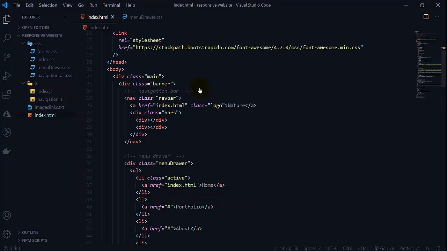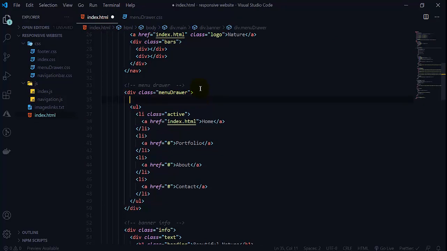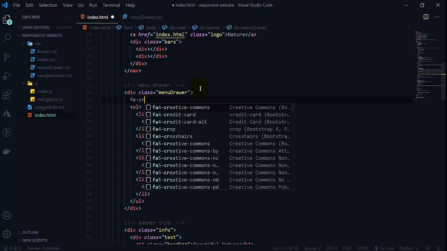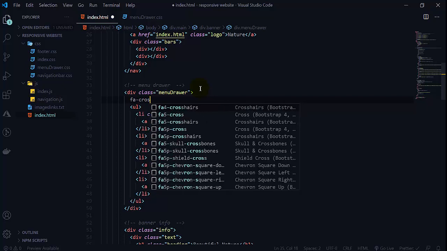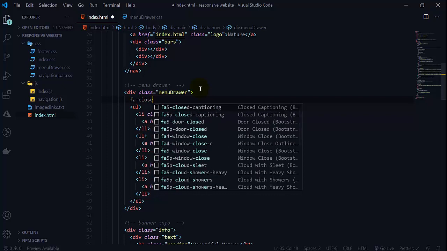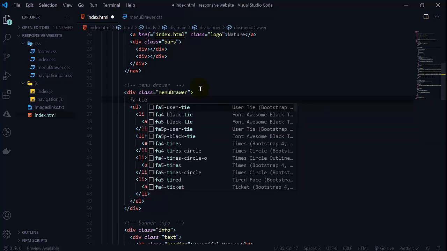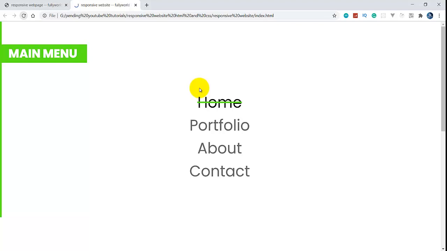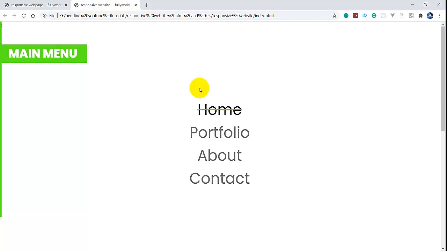Here will be our cross button. So we want Font Awesome times cross. We want our close button here. Close is not good. Here will be our times here. See that. Save it and reload it. Where is it? See that, here we are getting it. So we have to style this, so let's do this now.